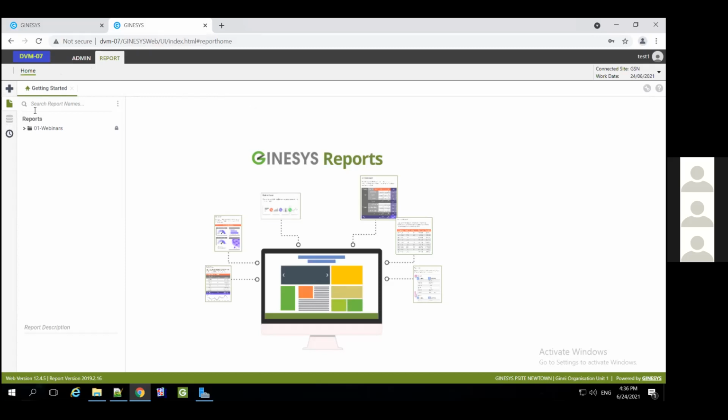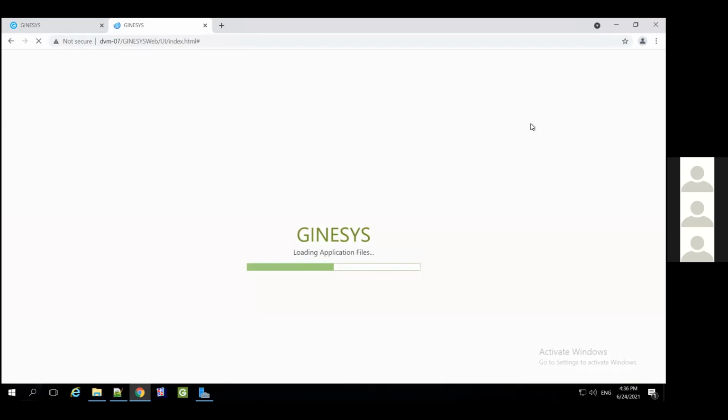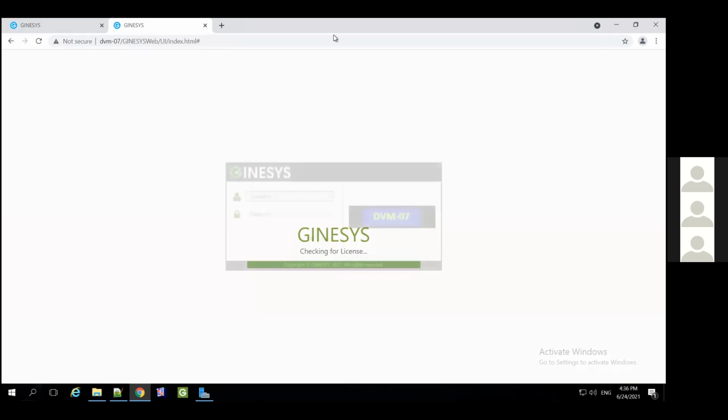So this was the example for a single user. So now we understand how folder management works, right? Now as I was saying, right now there are 4 reports in this particular folder. So tomorrow there is a system report that is provided, and you want the user to use that particular report. So let's say this is a finance folder, and there are 4 finance reports. Tomorrow Genesis releases another report which is related to finance. So how would you make sure that the user gets access to that particular report?